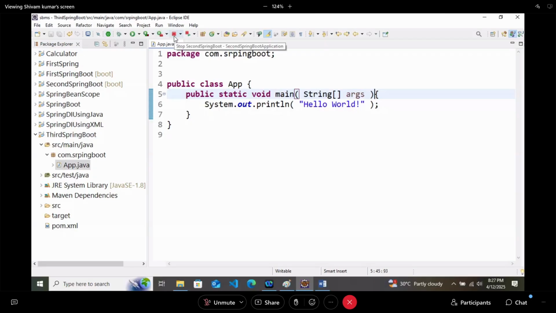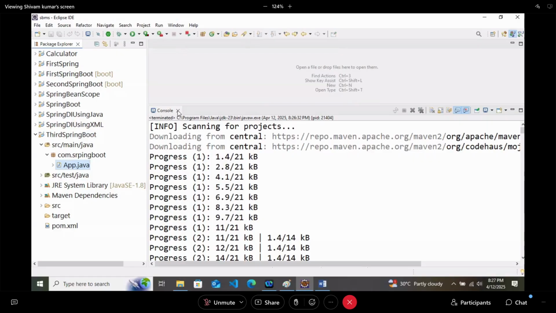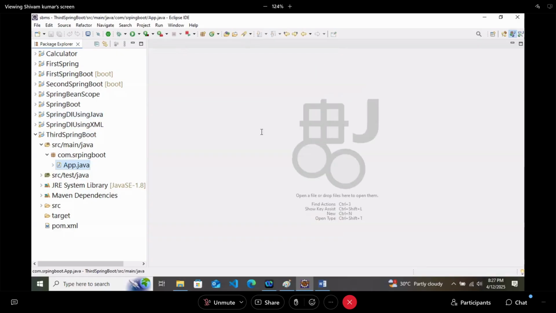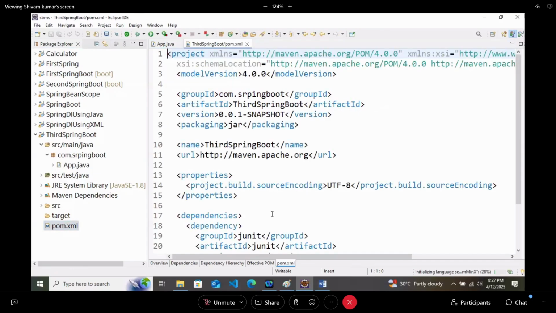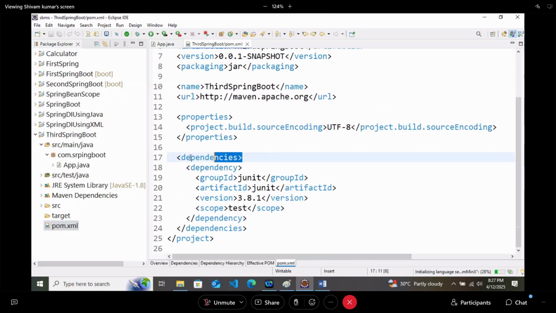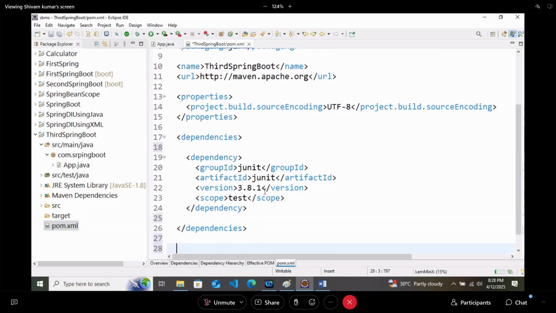Server is running, so I will close this and open. And pom.xml file you will get, where the dependencies section you will get, where you can add dependencies, right?